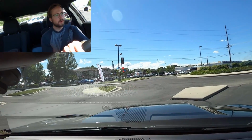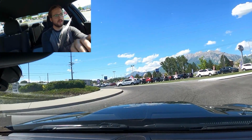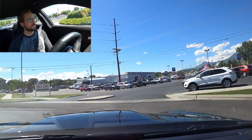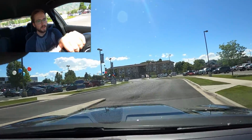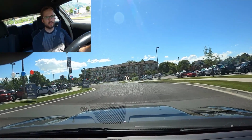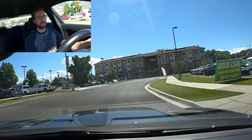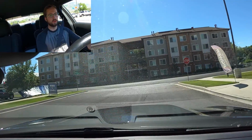Well, I am setting off here in this RT Charger, and it's actually been a minute since I've driven any Charger. It seems like Chargers have been kind of slowly disappearing. Maybe they're about to come to an extinction event, sadly. Hopefully not. But first off, the thing that I notice is it definitely has that big, substantial sedan feel to